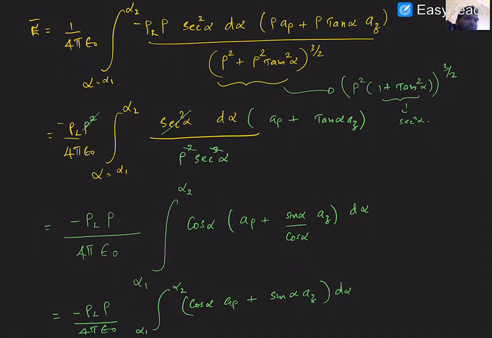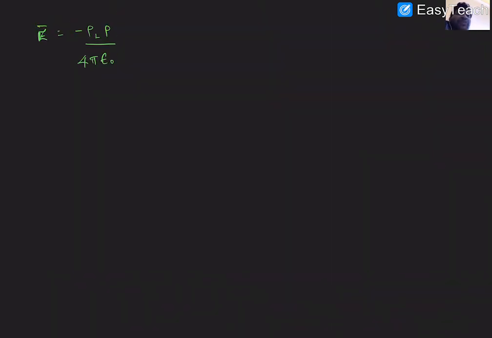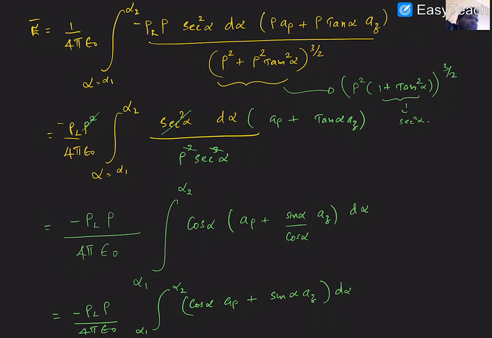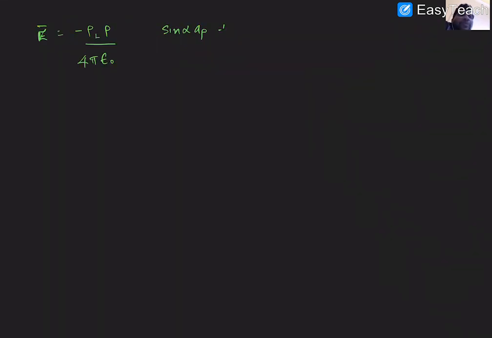Then you see integral of cosine alpha is sine alpha into a rho plus, integral of sine alpha is minus cosine alpha, so this will become minus cosine alpha into az, then alpha changes from alpha 1 to alpha 2. Now so this will become rho L into rho, and there is a minus sign, 4 pi epsilon